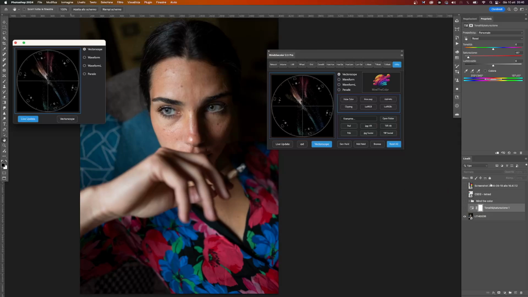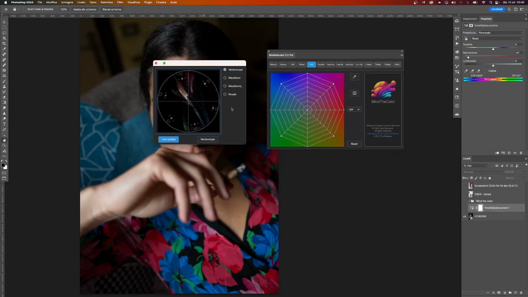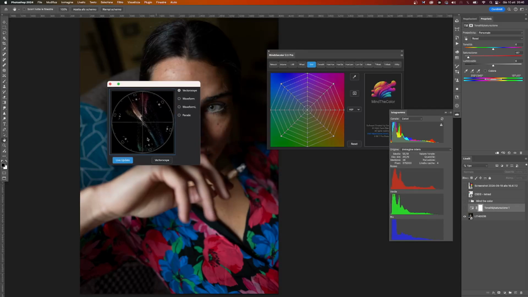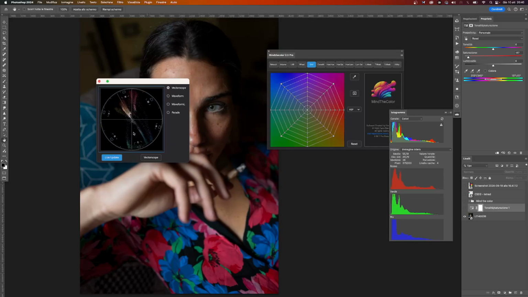So any change that I make in the picture will be visible inside this vector scope. Basically this is another color wheel, but this one is for information only. This vector scope doesn't care about brightness either, so it only shows the saturation and the hues.